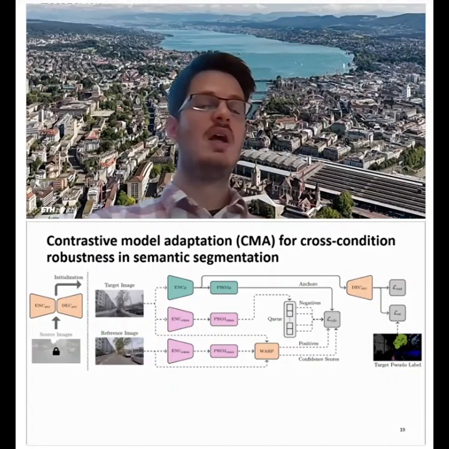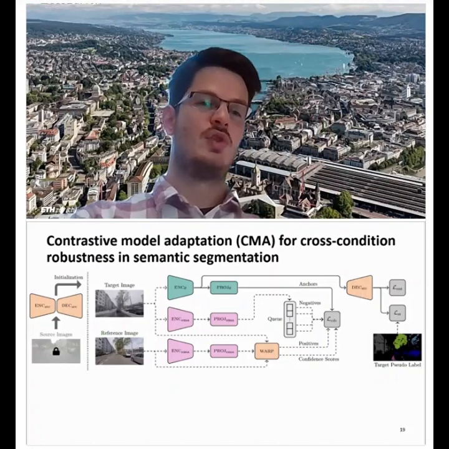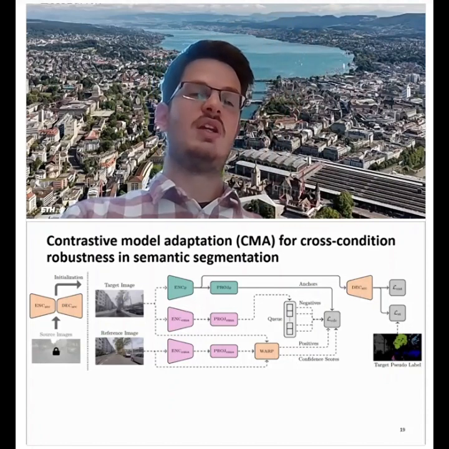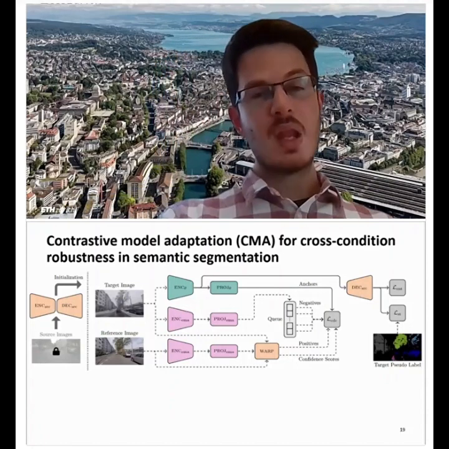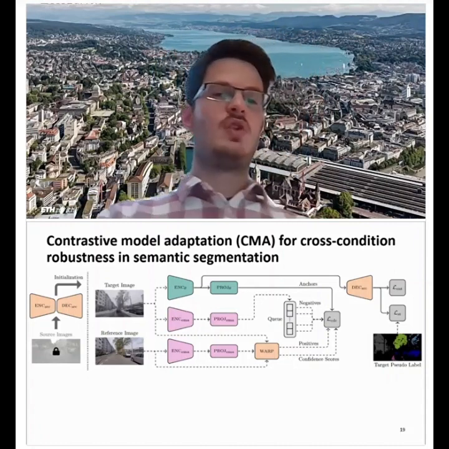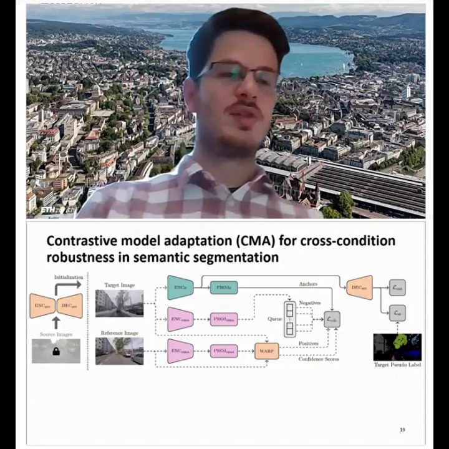We only have a model that has been trained on the source domain, and we further have target domain images, which we want to train our model and adapt it on. Now, for this particular work, we make a key assumption. We assume that for each target image, we also have